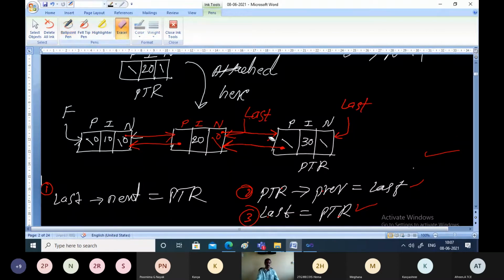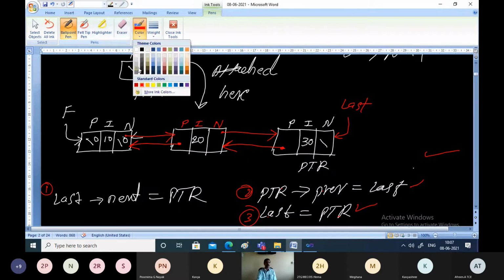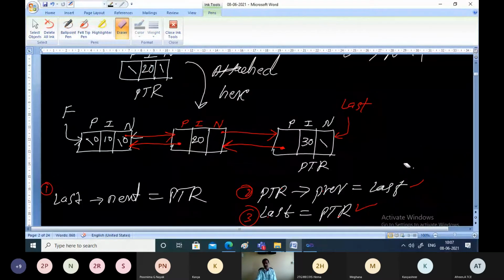When this becomes the last node, we need to erase this. And this will not be null now, and this will not be null. Why? Because they are containing data and pointers now. So we have successfully inserted one new node called 30 in the doubly linked list. So let us insert one more node. What is that now? 40. I want to insert one more node called 40 in the linked list.